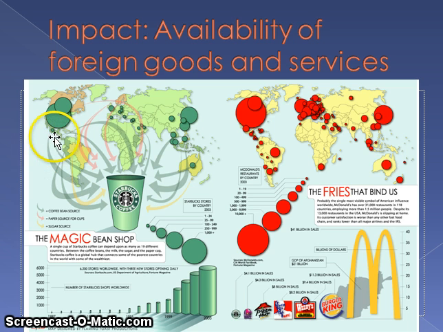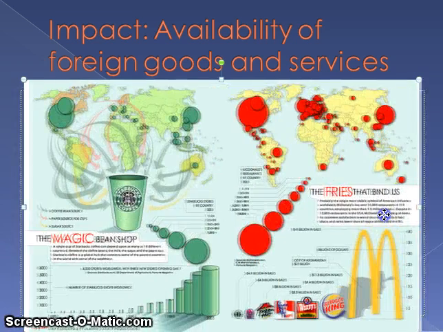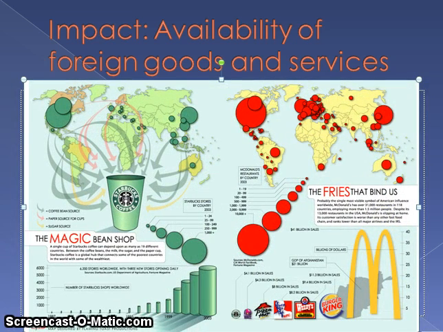On the left, all of these green dots represent Starbucks. Starbucks is a US company. It started in Seattle, but now it's completely global. McDonald's is the same. It started in the US. I mean, the biggest dot is obviously in the US. But there are now McDonald's all over the world. Wherever you live, you can get yourself a Big Mac and fries. I mean, it's all over the world. So our examples could be any of those.